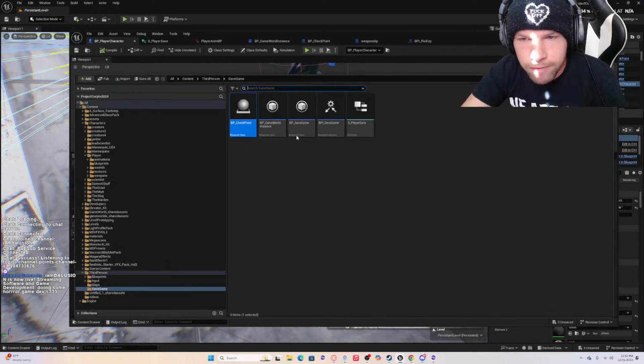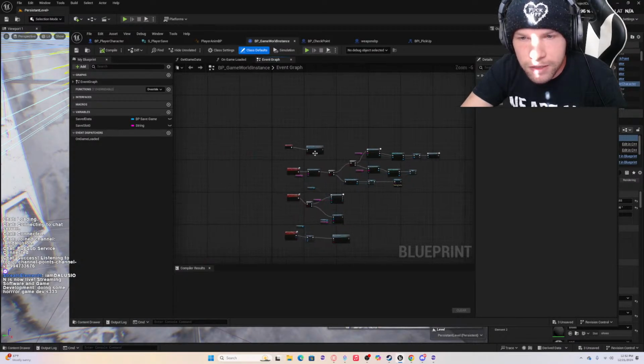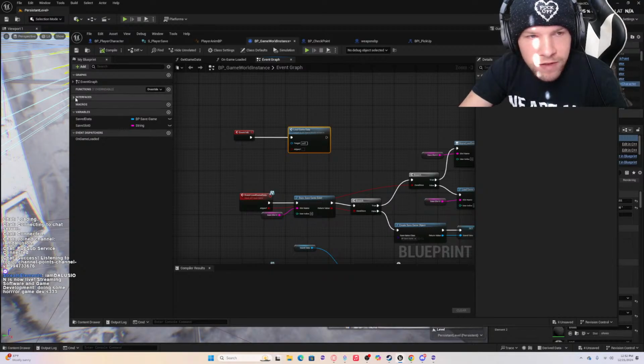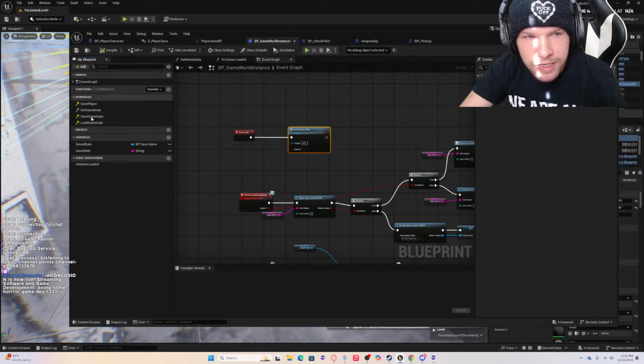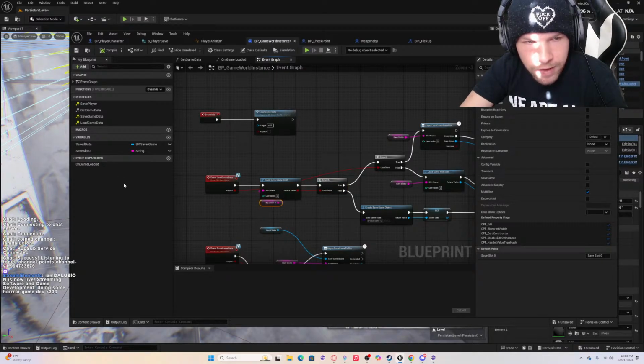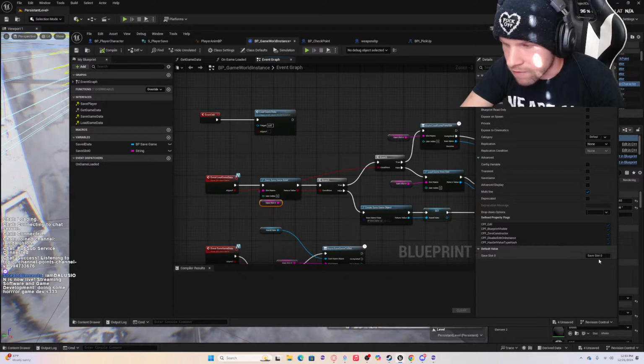I have a game instance that I created, and it has this event. It uses an interface. So the first thing it does is call this event, load game data. It checks whether the save game exists based off this game slot with the value save slot 0.